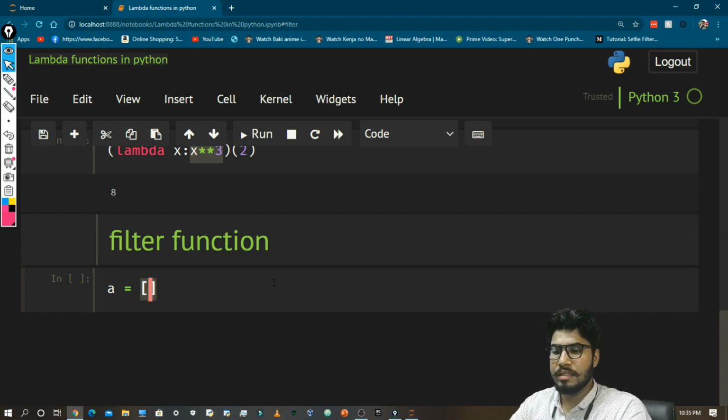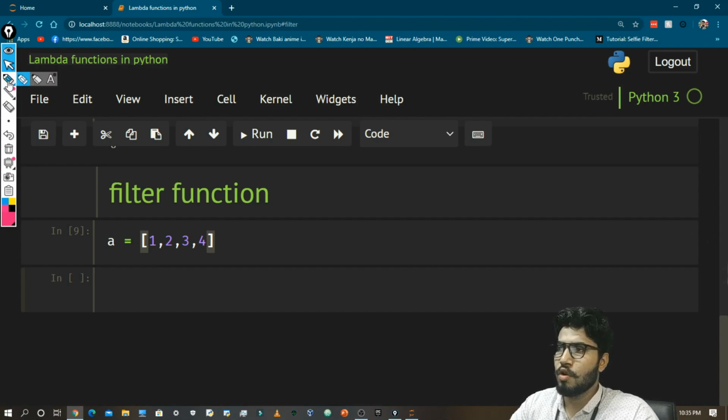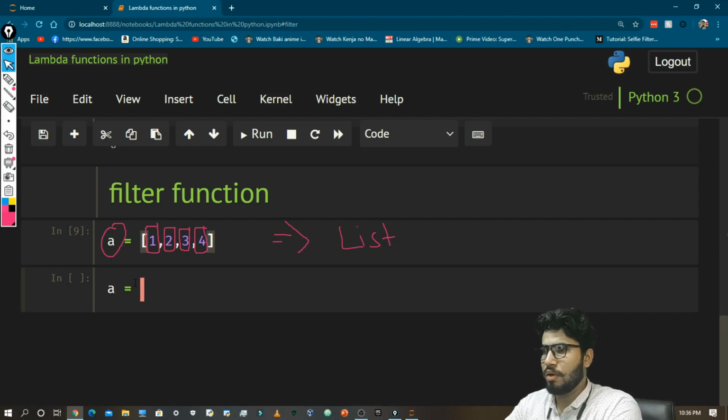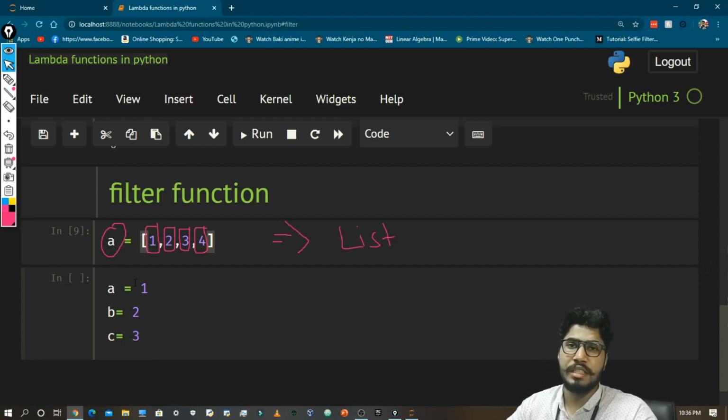It is called a list: 1, 2, 3, 4. So let's talk about this first. This is called a list. It is a Python list, and what it does is that it stores all these values: 1, 2, 3, 4 in A. If you want to do this traditionally, then you need to do A equal to 1, B equal to 2, and C equal to 3, which is very inefficient.